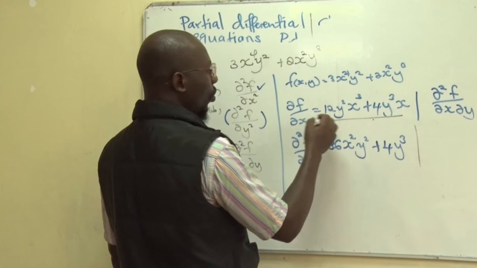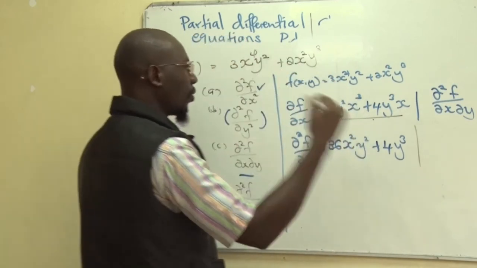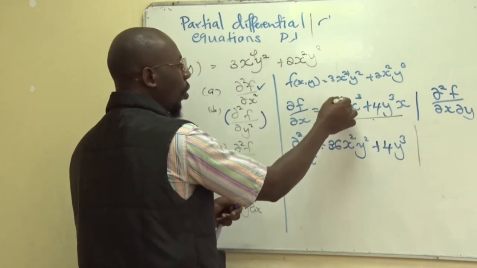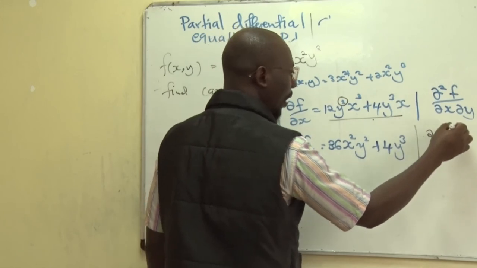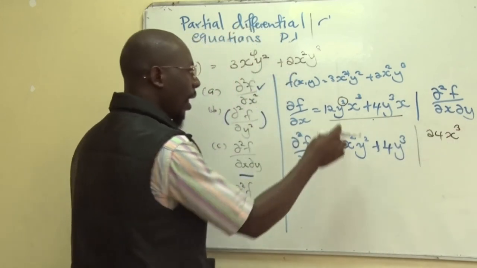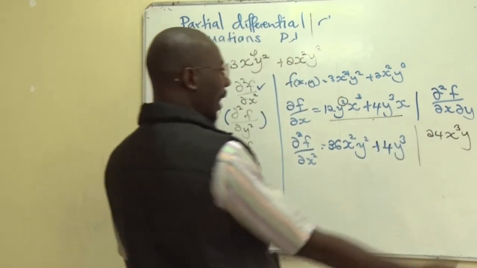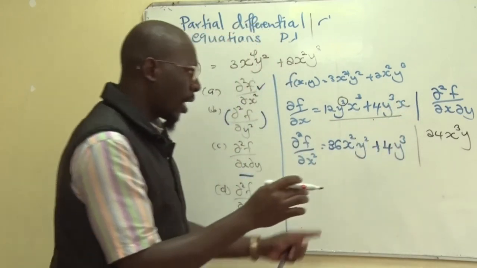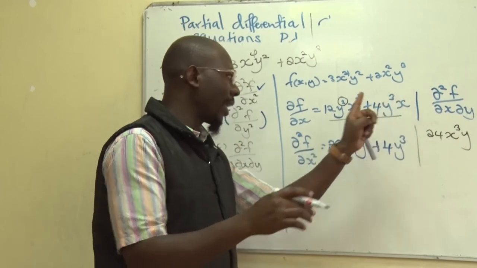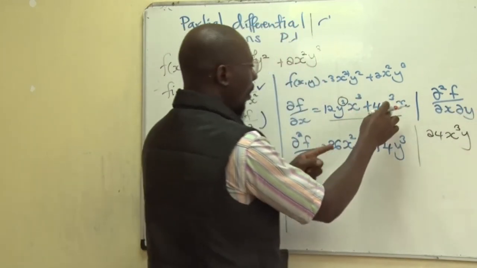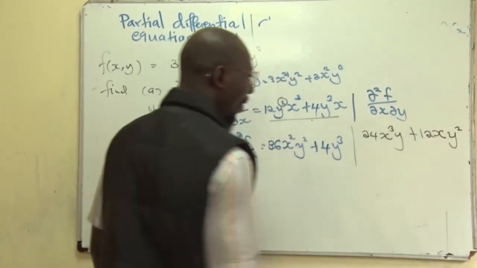So you take this function, you differentiate with respect to y, and in that case you treat x as a constant. So you first bring the constant. The power of y here is 2. You multiply by 12, that is 24. Then x is a constant, you just maintain it as x cubed. Then the power of y reduces by 1, it becomes y power 1. Plus, in this case, x is still a constant, the power of y is 3. So you take this power of y, you multiply here, it becomes 12. Then x is a constant, it remains y power 2, the power reduces by 1.